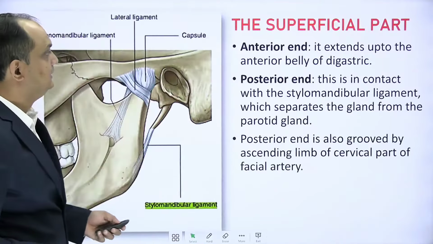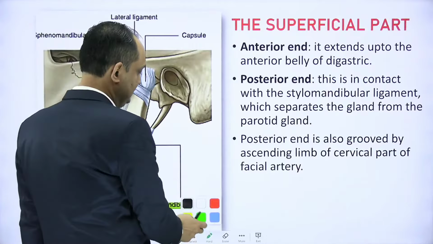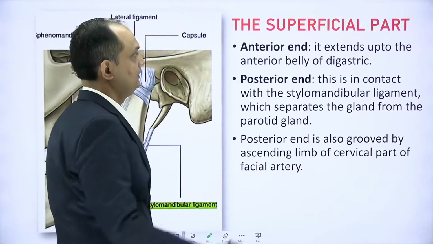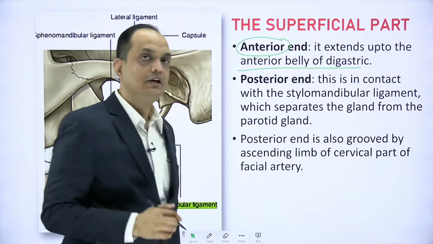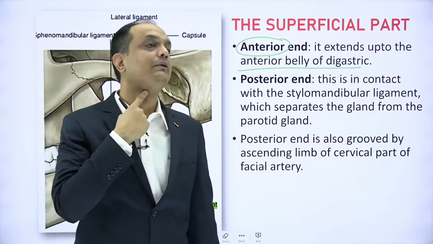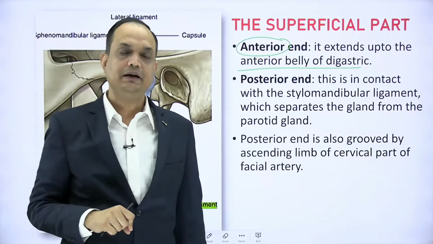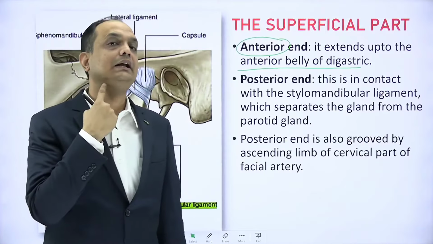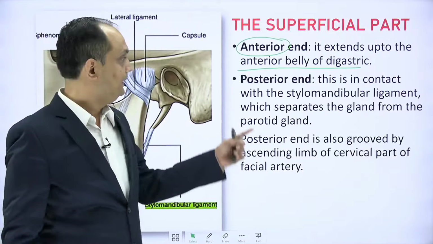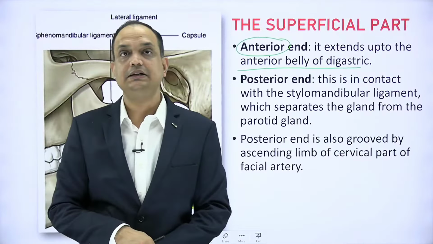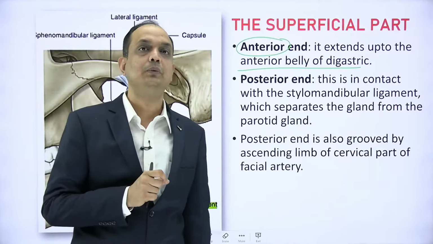Now first we will discuss the ends of the gland. First is the anterior end of the superficial part. This anterior end extends up to the anterior belly of digastric. You know that the anterior and posterior belly of digastric form the boundaries of this submandibular region. So the anterior belly of digastric is the anterior limit for the anterior end, but the posterior end is in contact with a very important ligament,